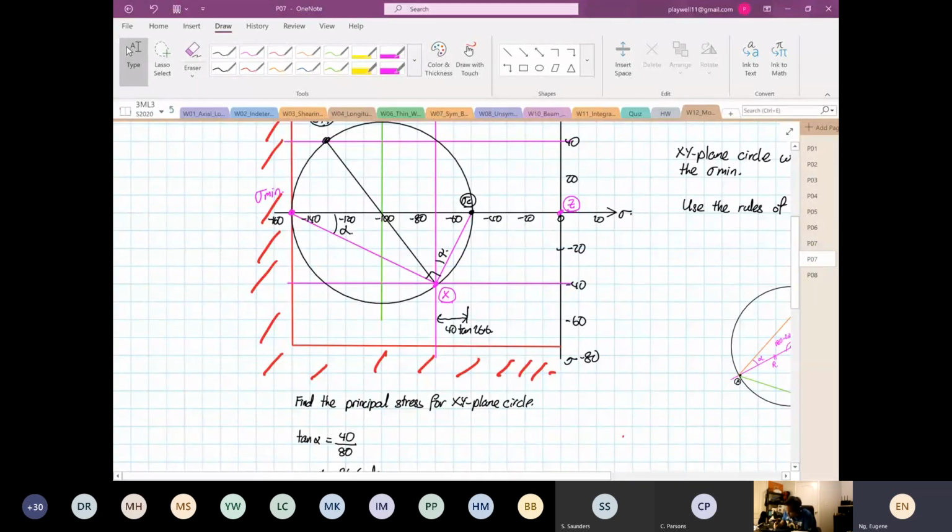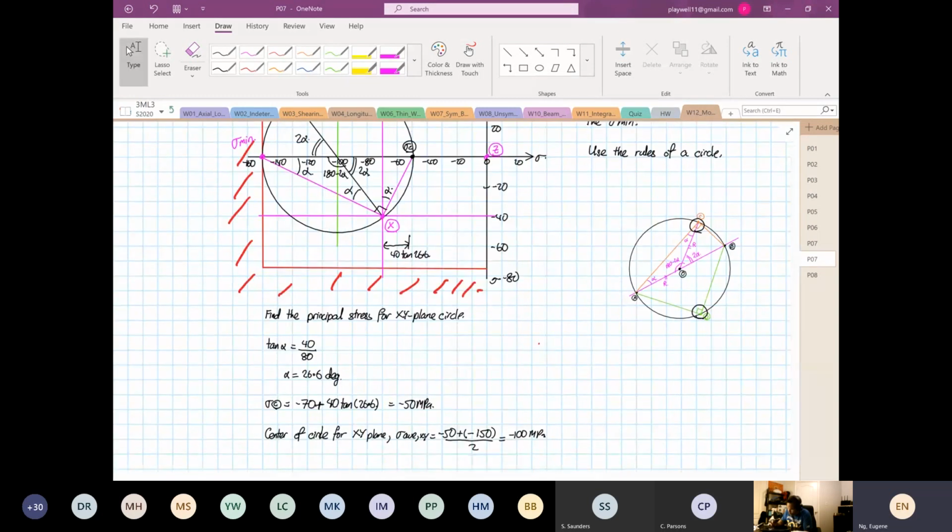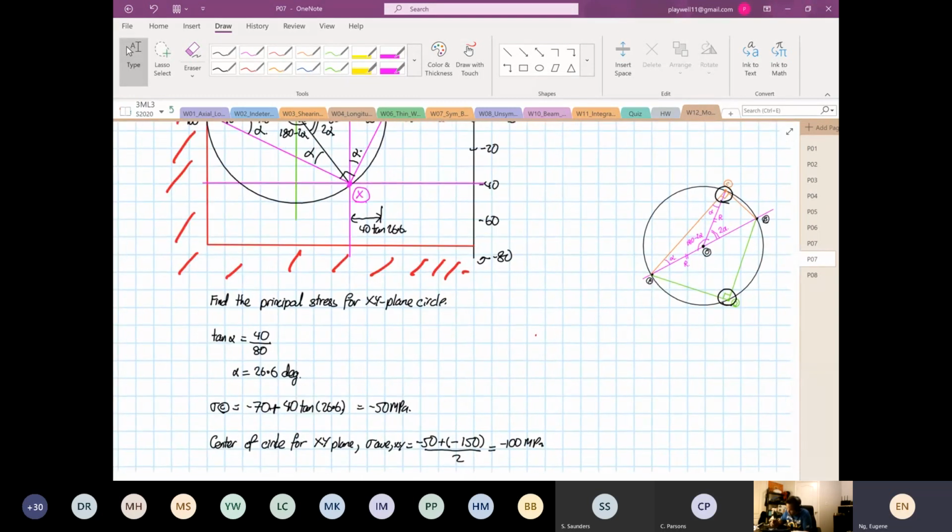So we know that the angle between here and here is also alpha. So the angle from here to here is 180 minus 2 alpha. This angle over here is your 2 alpha, and this angle over here is also your 2 alpha. Okay, so your stress Y, or stress Y2, you know your alpha, so therefore